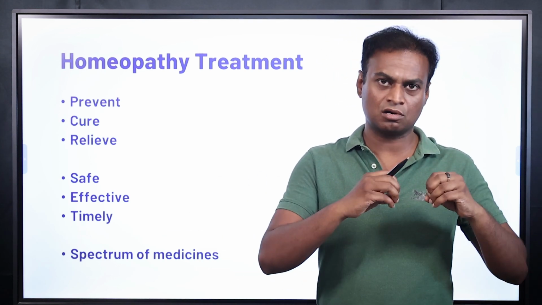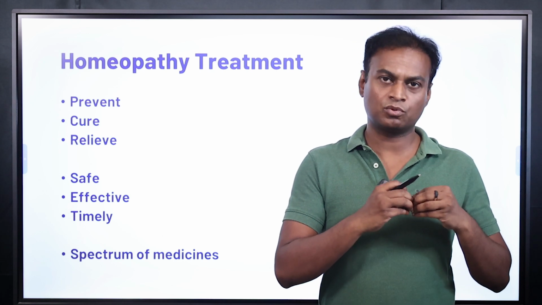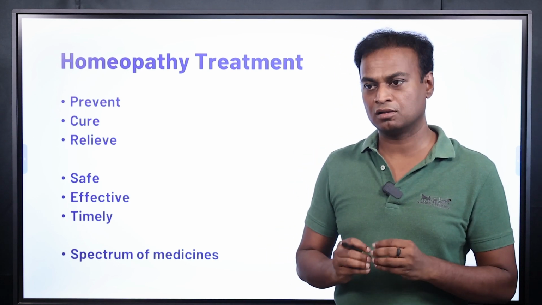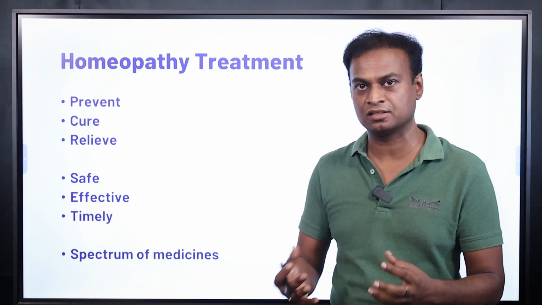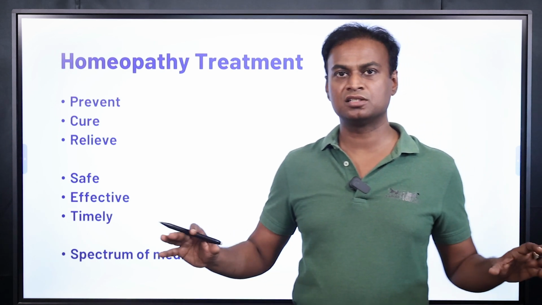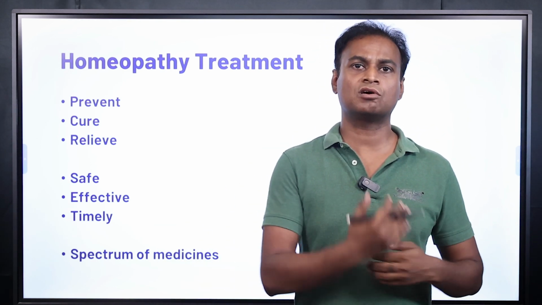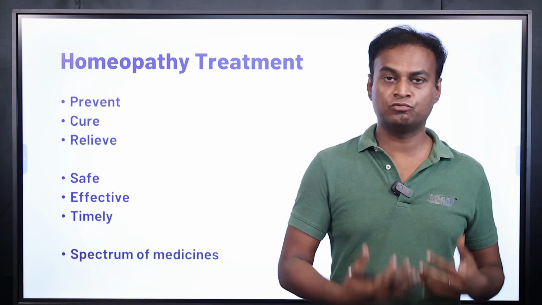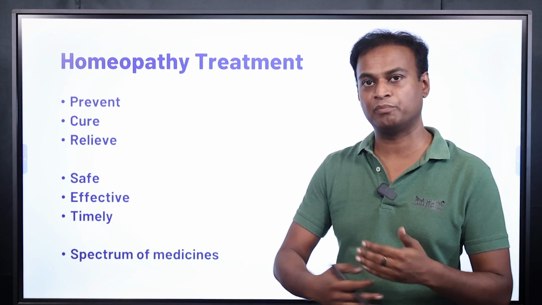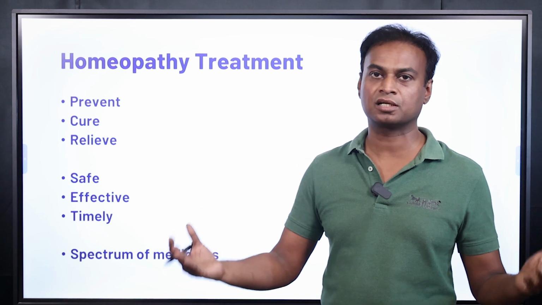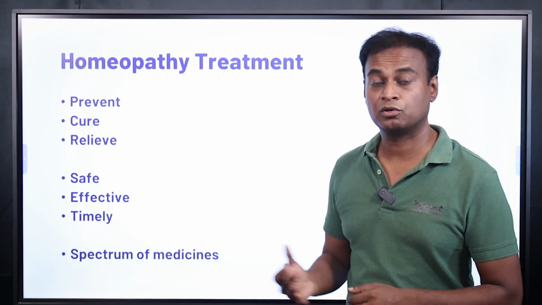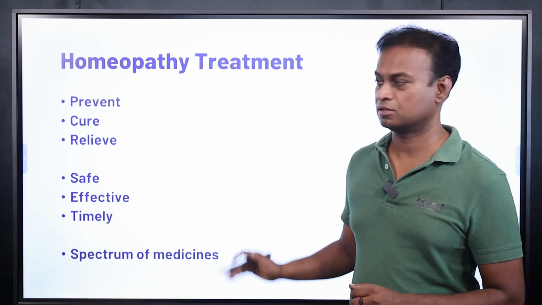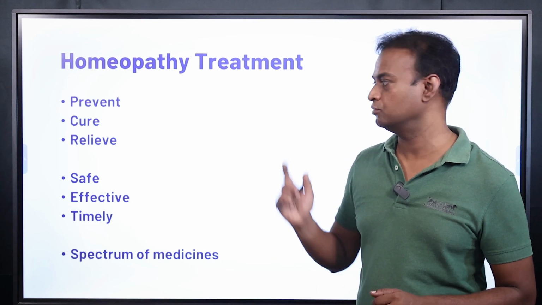So what is the age? How are the symptoms presented? Is it a problem with verbal skills, or with non-verbal skills, with emotions, or with restricted behaviors or repetitive actions? Based on that, there will be different symptoms. Not only based on the symptoms, there can be causes. So one cause is using more ultrasound when the kid is in the womb, or there are different causes for it. Based on the cause also, there is a spectrum of medicines that can be given in homeopathy. That is the importance of homeopathic treatment. It is also a spectrum of medicines. Having all these advantages, homeopathy is the best treatment in front of you for autism.